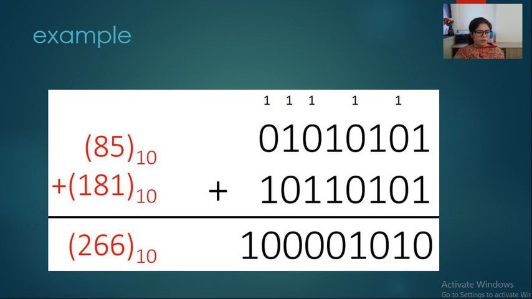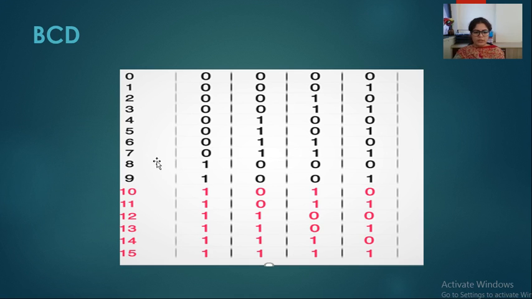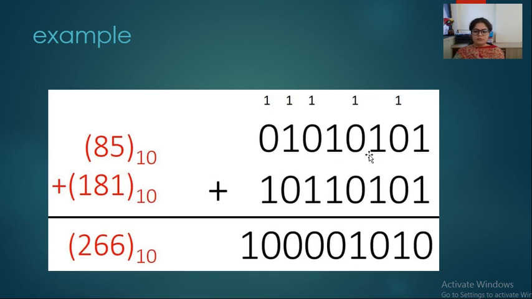I want to show you the BCD table here, and it will be clearer to you. For example, the last digit is 5. Now look at this BCD table. The bits for number 5 are 0, 1, 0, 1. The last four bits are 0, 1, 0, 1. Now if we check the 8, these are the binary equivalent of 8. So this is the binary equivalent of number 85.